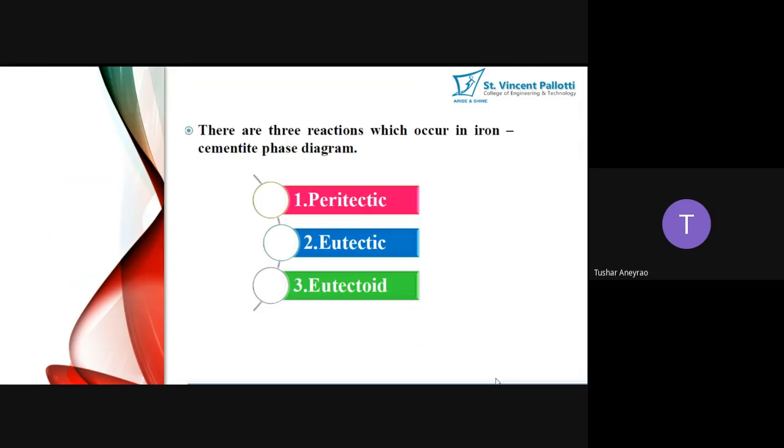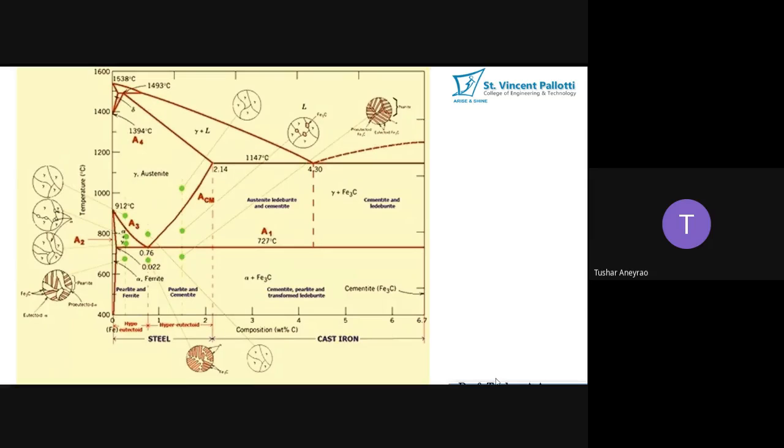Then three reactions are happening in the iron carbon diagram. So what are these three reactions? Peritectic, eutectic, and eutectoid. Peritectic, eutectic, and eutectoid reactions you already know. Now we were at this particular stage wherein we are considering this iron carbon diagram. What are the various things that you can see in this iron carbon diagram? I would like to zoom also, wherever it is required, right?